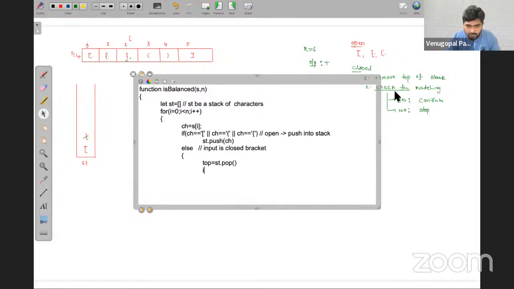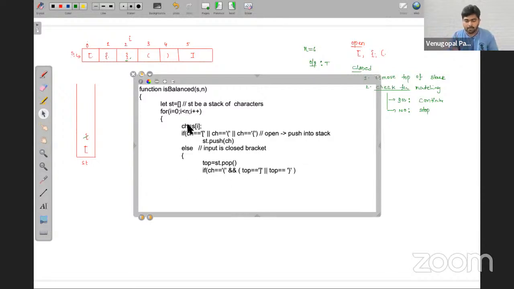For example, in case that ch is equal to open, now read this carefully, friends. And your top is equal to, let's say, either this or this one, then it says mismatch, return false. So now you'll get the clarity.